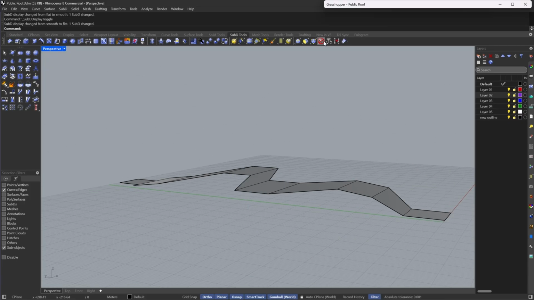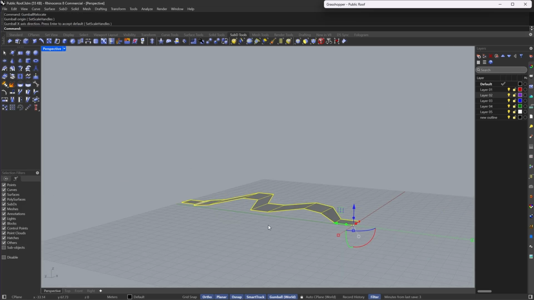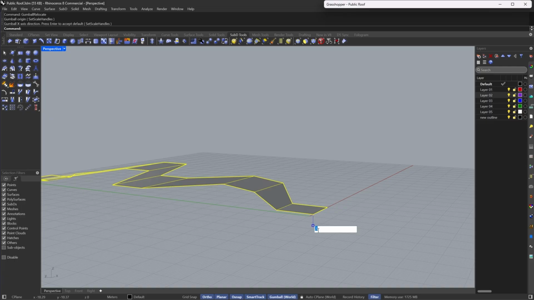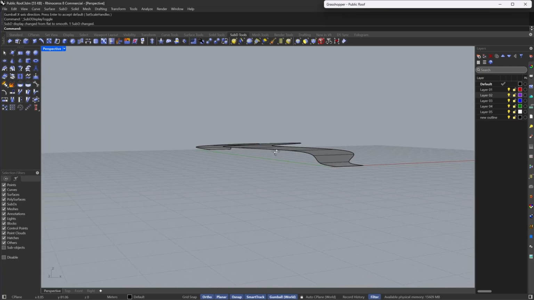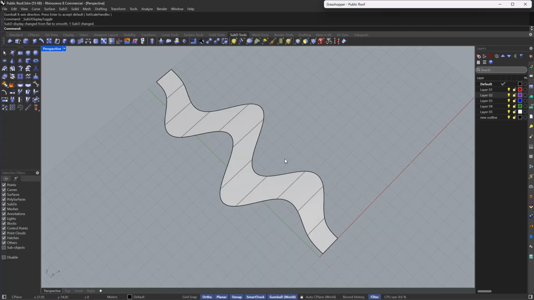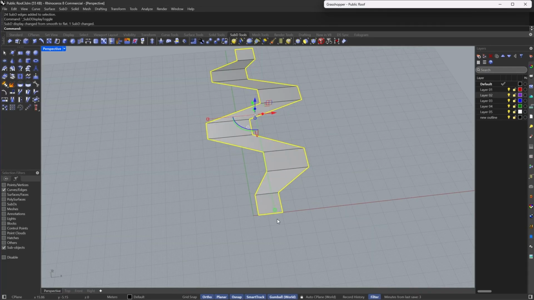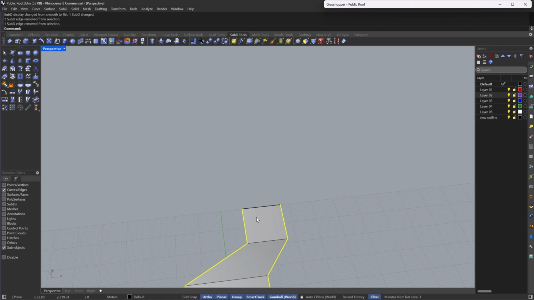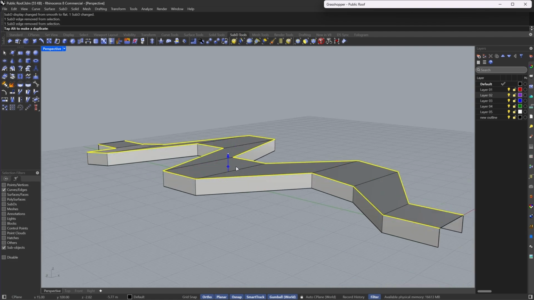And maybe I will use the gumball relocate, and I'm going to add the gumball to here, and maybe just 0.75, maybe not as high as this, maybe something like this. It depends on your own approach or your own design, but for now my own focus is the roof itself, so I'm going to create just some facades for this. So I'm going to create something like this,